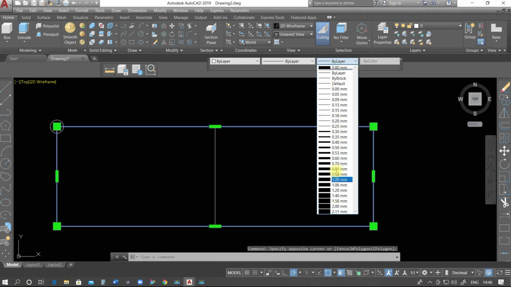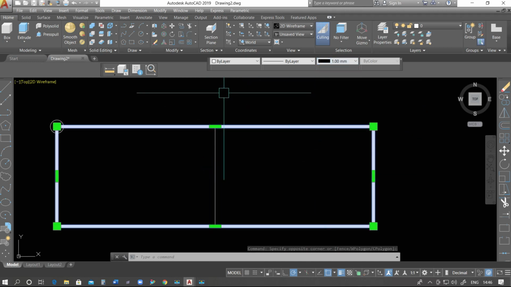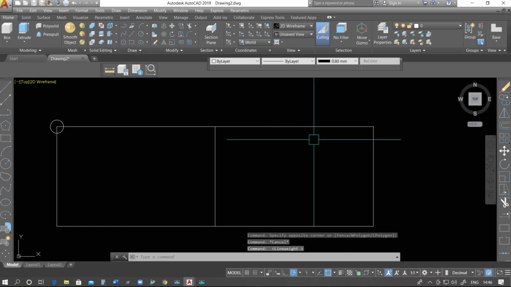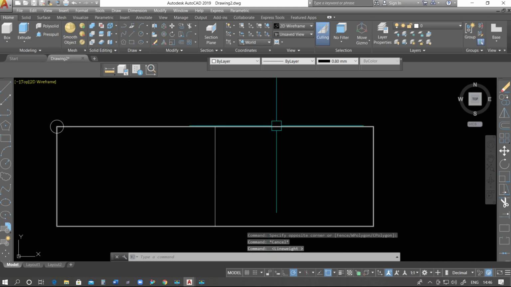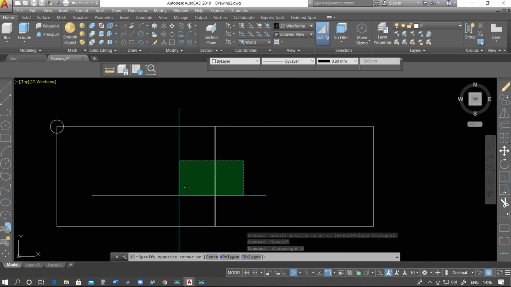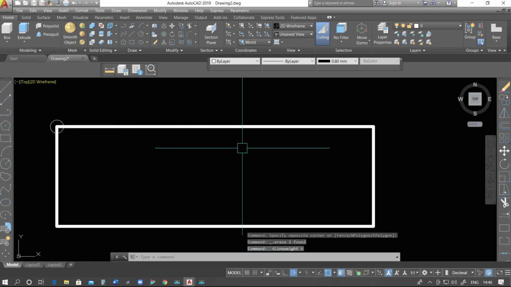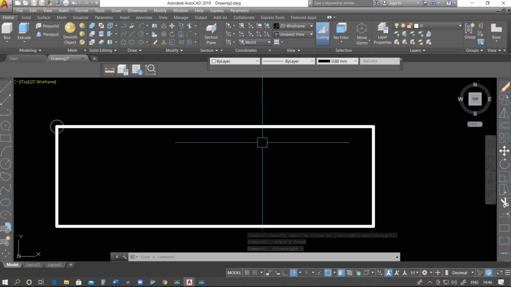It should be 1 mm, suppose. Now we are able to see the thickness of this one, but if you uncheck this, we will not be able to see the thickness. So whenever you have to see the thickness of the entities, you have to check this one. Generally we use this to make the border and the palettes or in a specific project.